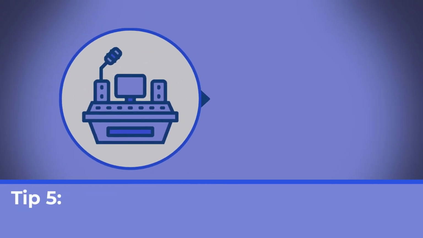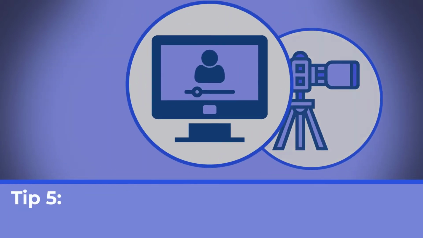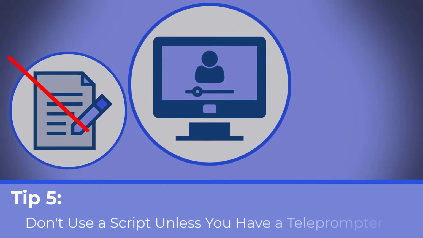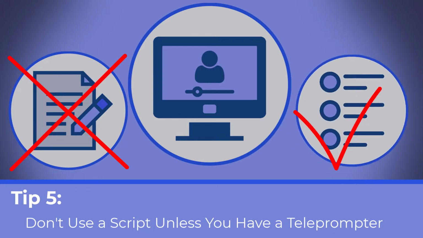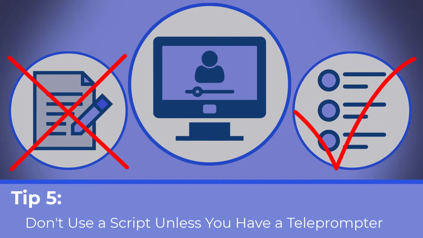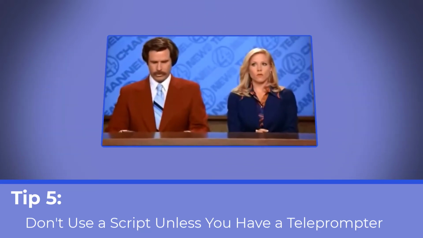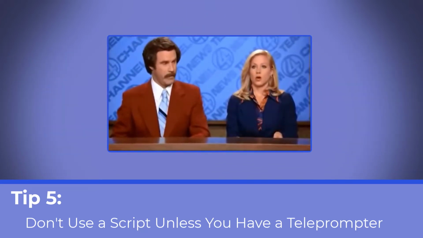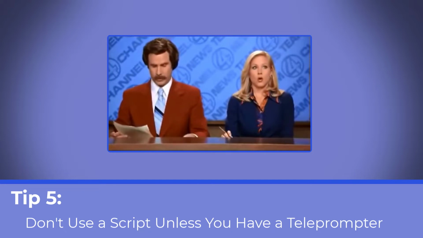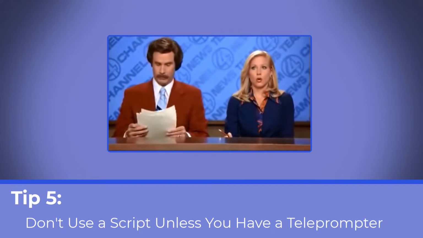Tip 5. This tip starts to move more towards the recording of the video. When preparing to record, don't use a script unless you have a teleprompter, and most of us don't have one of those. Rather, you're going to use bullets on these types of recording. If you have a script somewhere, you're going to try to read it, and it's not only going to look awkward and weird, but inevitably you're going to take these pauses when you're trying to find where you're supposed to be at on the script.